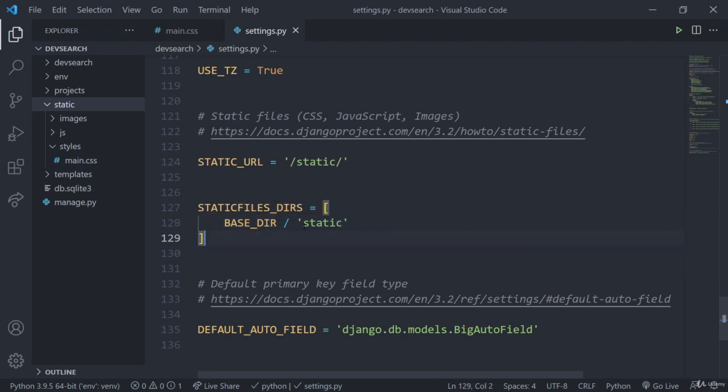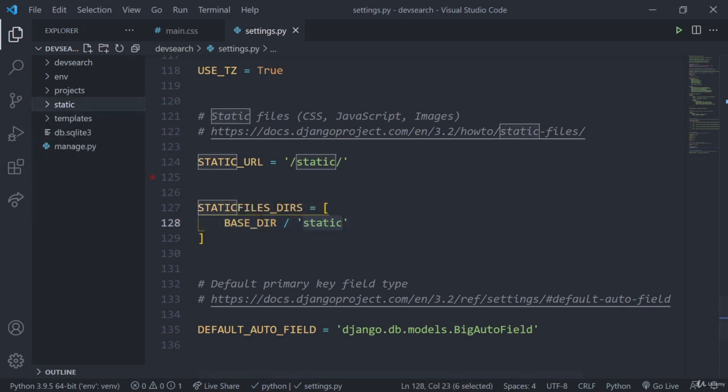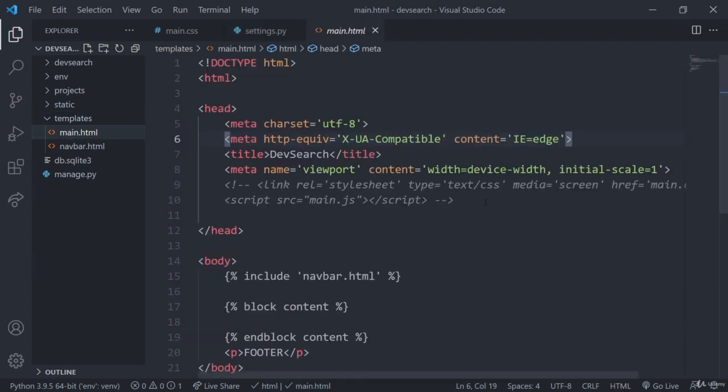So this one, or we can revert back to what we just had. Let's go ahead and actually add some of these files into our template. Django now knows about this static folder, so it looks in here and it knows that we have this. To actually apply a static file into our template, we're going to go into main.html, and let's go ahead